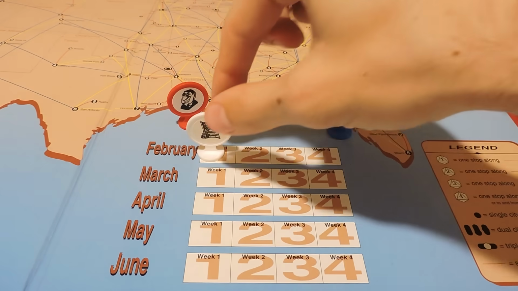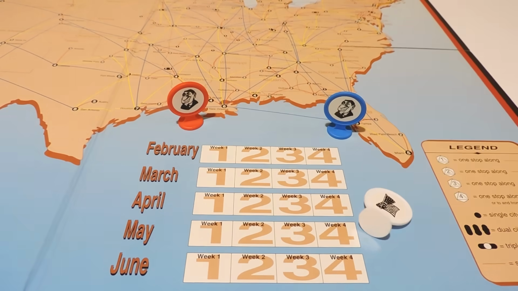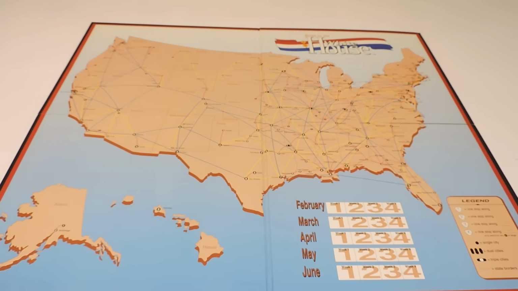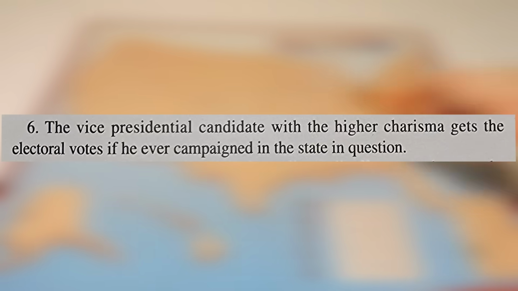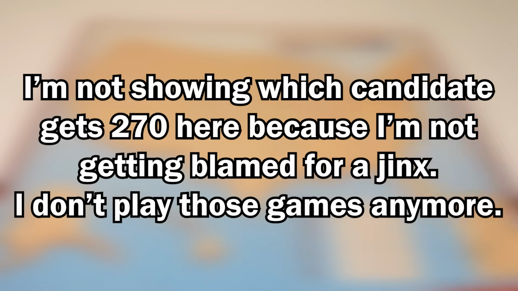The general election period lasts for 4 months before it is time for everyone to vote on who they like more. Move through each state determining who wins each one the same way as in the nomination phase. But if there is a tie, forgo the roll-off in favor of the 7-layer tiebreaker chart that gets frankly ridiculous by the end. Whichever candidate can reach the 270 electoral votes needed wins the election and becomes the new president